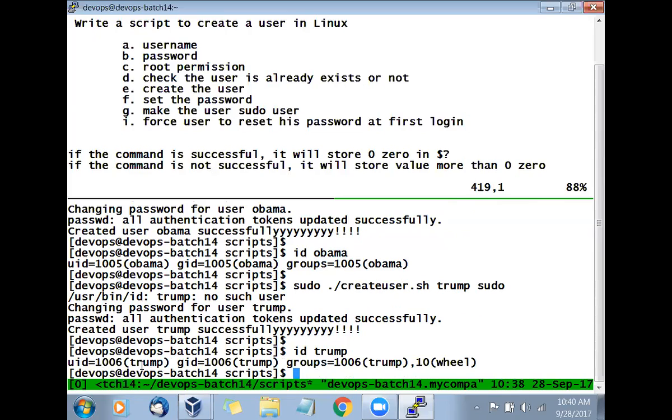So if we say create the normal user, we will not pass anything like sudo. But if you want to make that user sudo, I will say username and sudo. So it will create a user with the sudo access. Is this clear? Very simple. Just compare the variable with the value. If it is matching, do it. Otherwise, don't do it. Any question, any doubt at this moment?